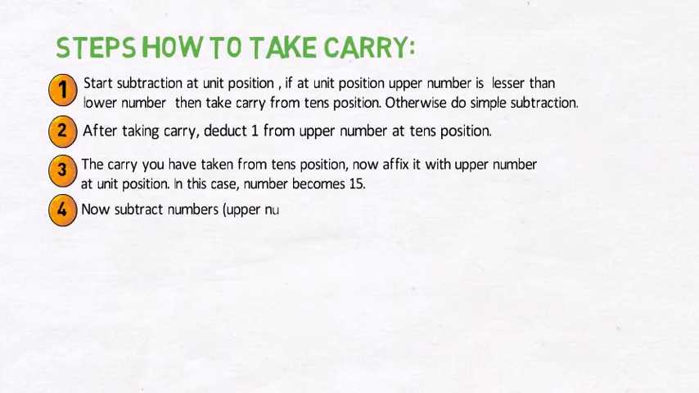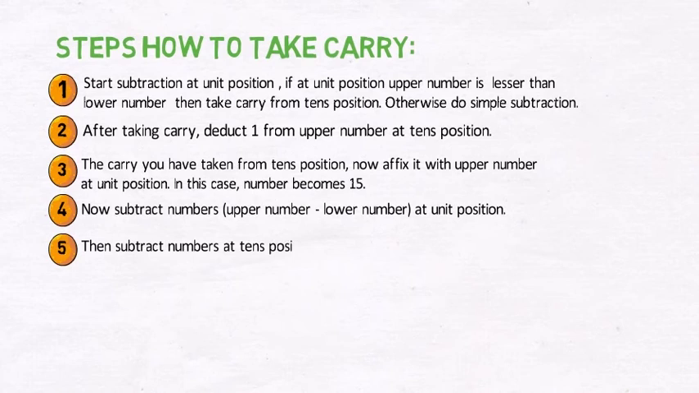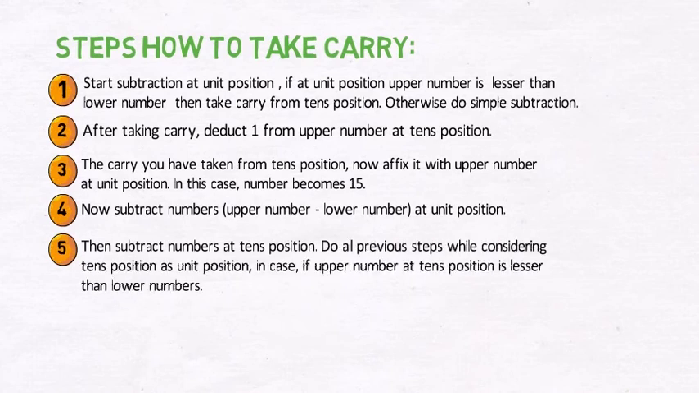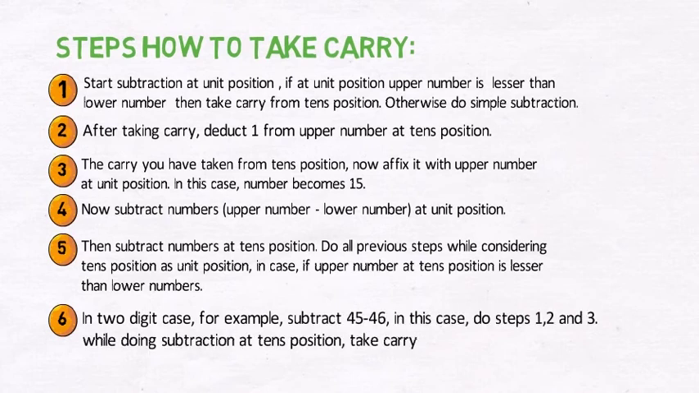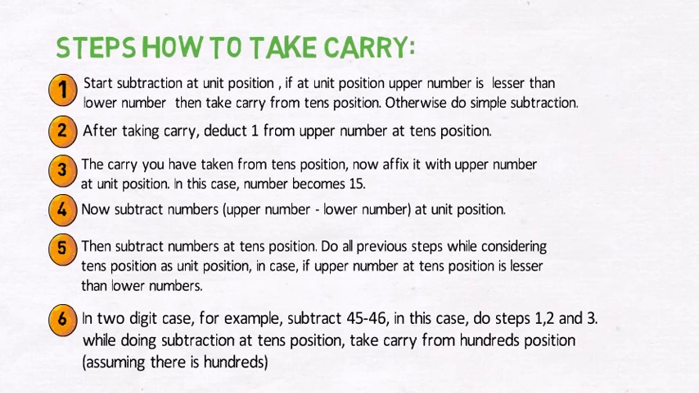Now subtract numbers, upper number minus lower number, at the unit position. Then subtract numbers at the tens position. Do all previous steps while considering the tens position as the unit position, in case the upper number at the tens position is lesser than the lower number. In a 2-digit case, for example, subtract 45 minus 46. In this case, do steps 1, 2, and 3. While doing subtraction at the tens position, take carry from the hundreds position, assuming there is a hundreds place. Example: